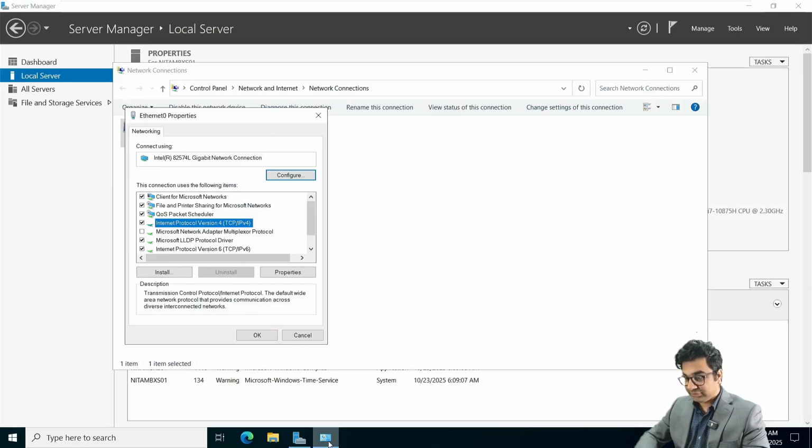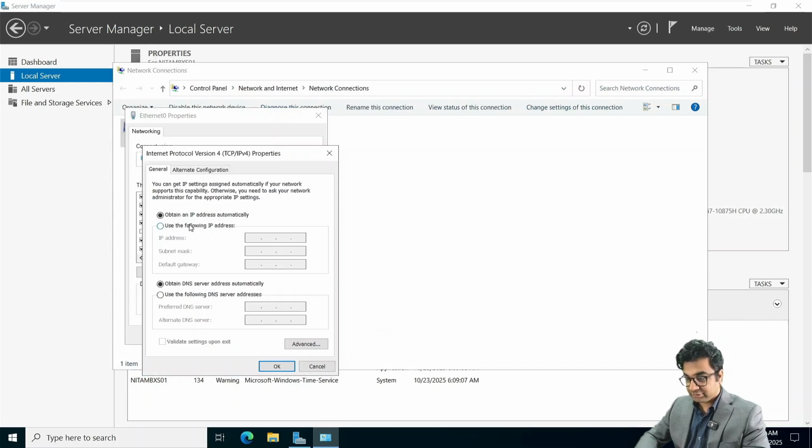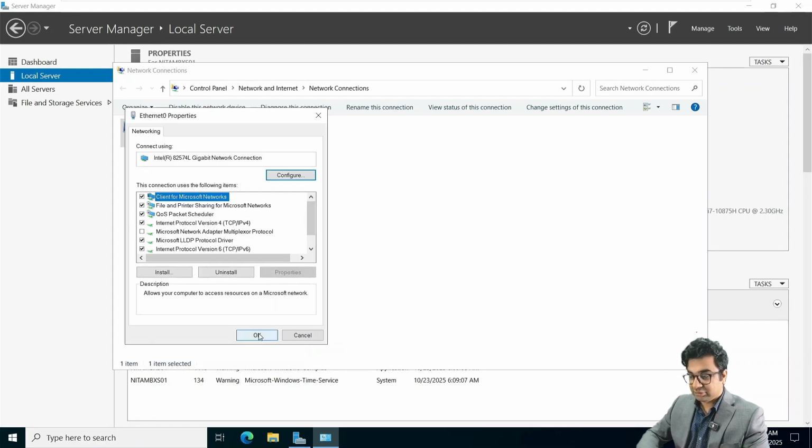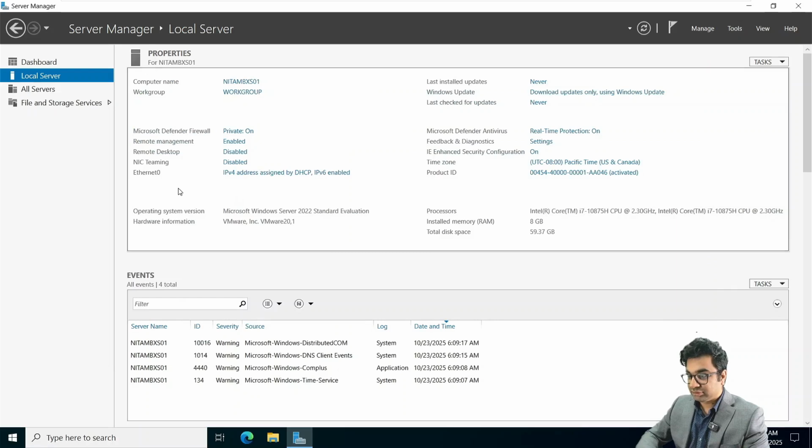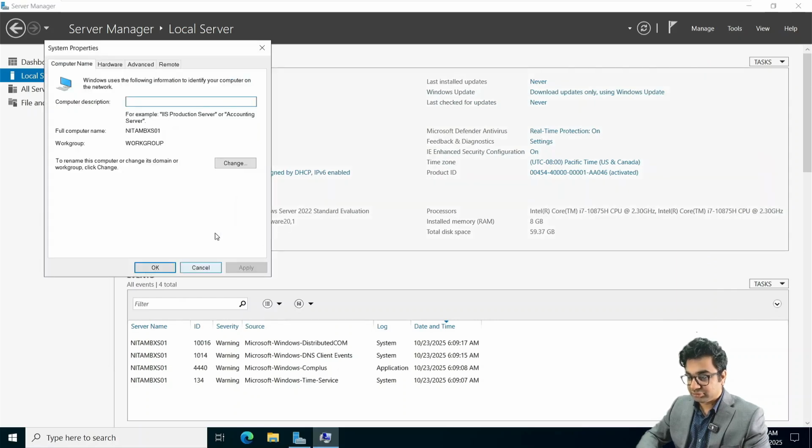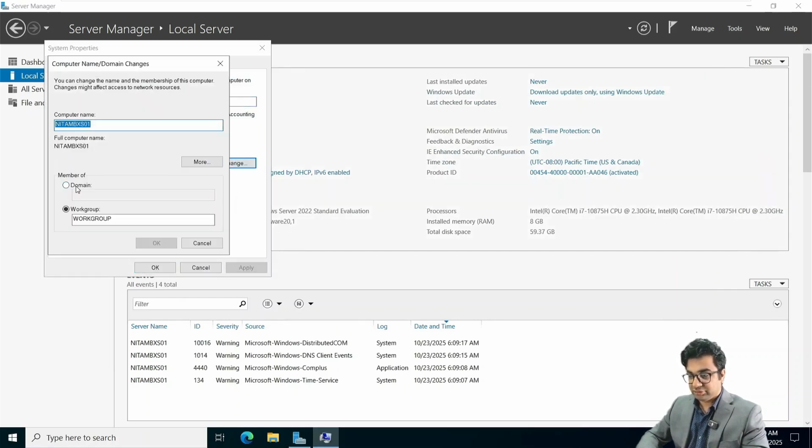Right here. 172.16.10.1, 172.16.10.10. Okay. Right, workgroup, change, domain,